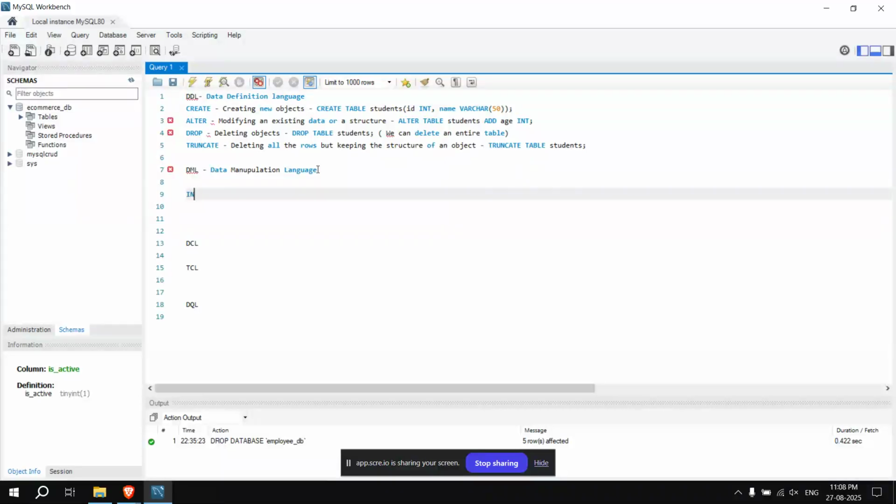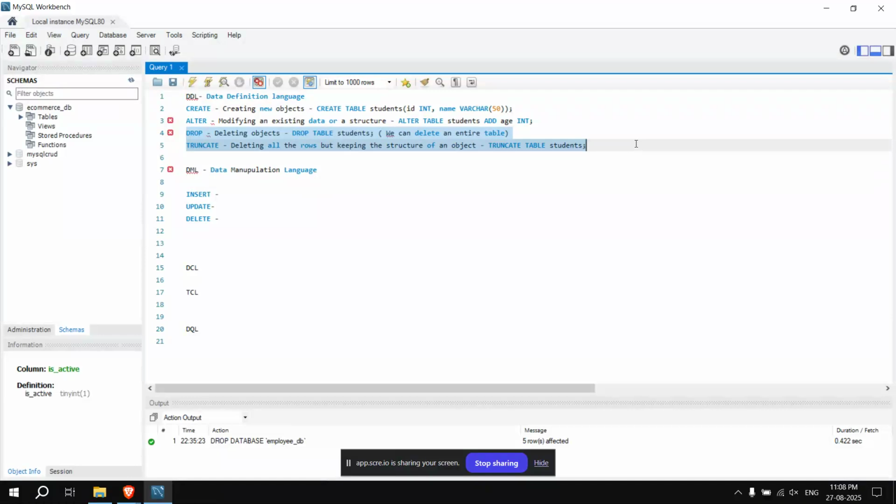Such as insert, update, and then comes the delete. Delete is a manipulation command. Always remember, drop and truncate aren't data manipulation. They are data definition. It means we're defining or modifying a database.